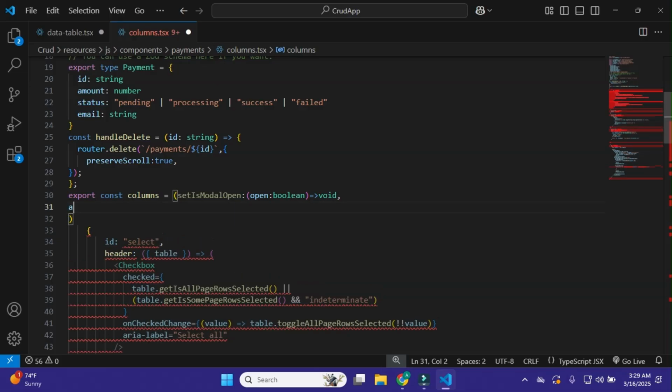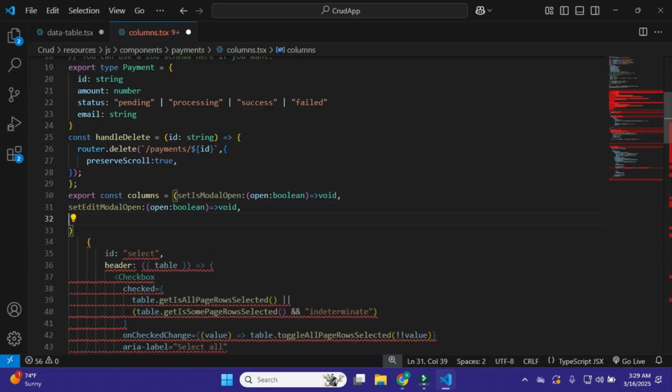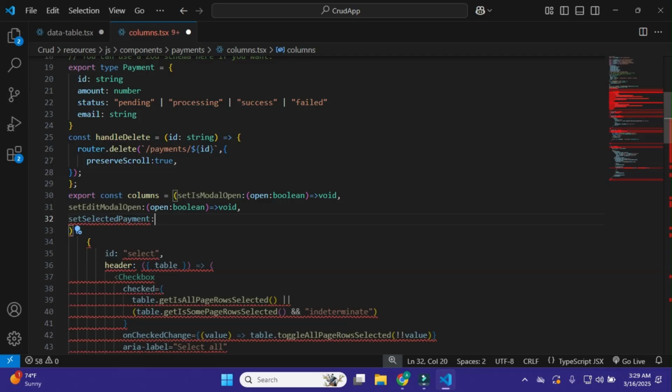And then I have the setEditModelOpen, and in it pass the same thing, that is open boolean, and make it void. Okay, that's it. And after it setSelectedPayment, and in the selectedPayment pass this